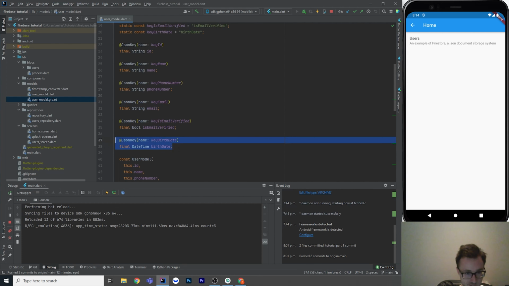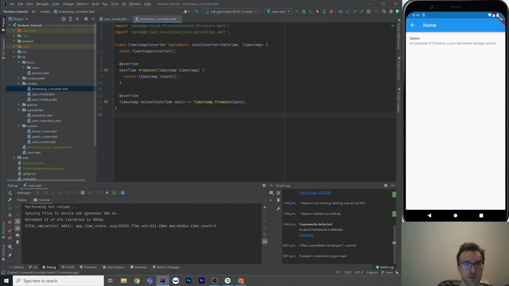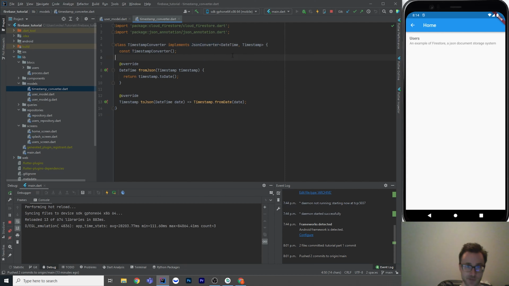Okay, so let's look again at how that timestamp converter works. So let's pay more attention to this birth date. Here I have it as a DateTime, right? That's a type that Dart has built in. But in actuality, what Firestore wants to be sent to it is a Timestamp class. So let's look at TimestampConverter. So this is a converter that I've made, and what you need to do to make your own custom converter for to and from JSON is use this JsonConverter class, right? So it implements JsonConverter, which means we need to give it to and from JSON, and it's going to change a DateTime into a Timestamp